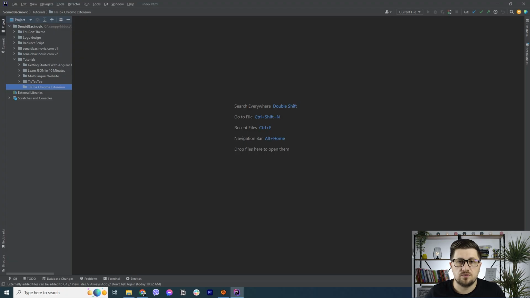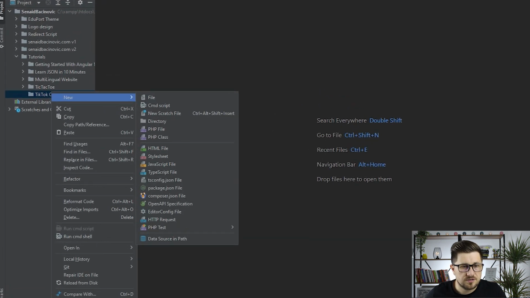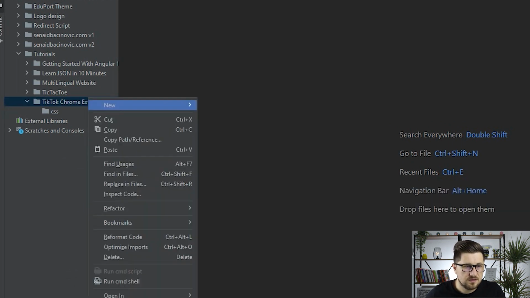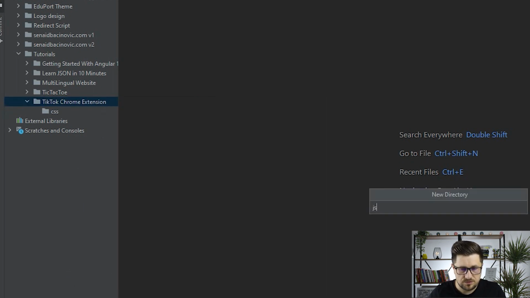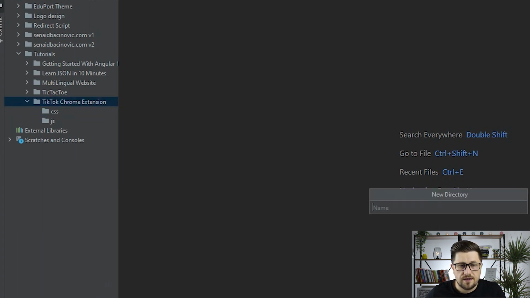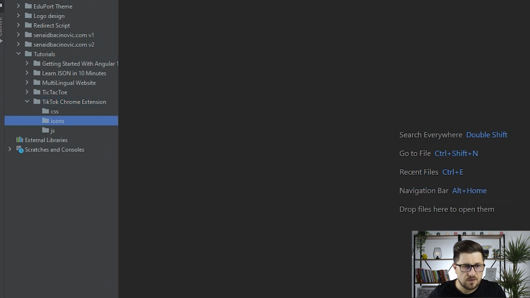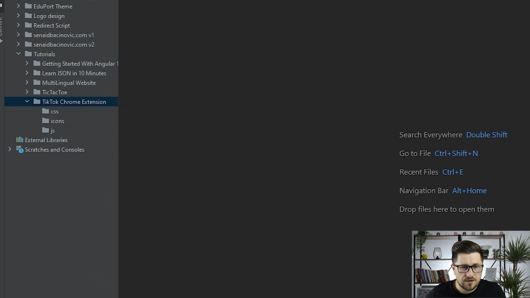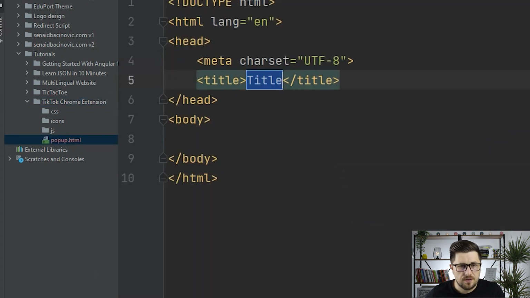In order for us to create a Chrome extension, let's first create the structure of the files that we are going to have. So here, inside this folder, I'm just going to create some additional directories. It will be CSS, JS, and we are going to need some icons for our Chrome extension. On top of that, we will need one HTML file for the pop-up. Okay, so I'll call that one popup. And let's maybe say just TikTok,